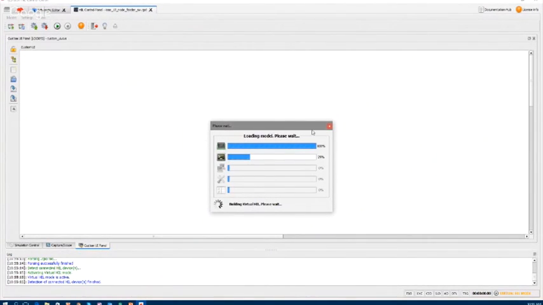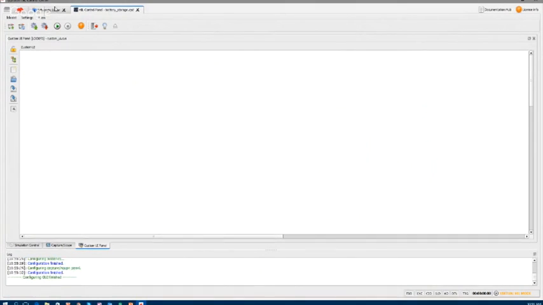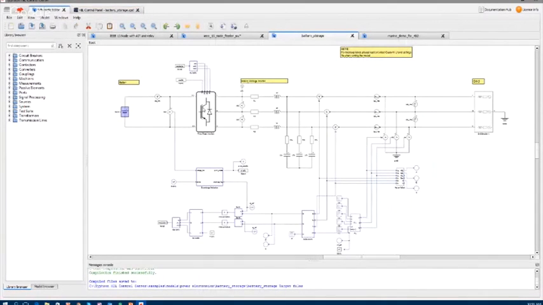Just a second for the model to load. This converter is going to be controlled through an internal modulator through this control algorithm. It's a closed loop control.